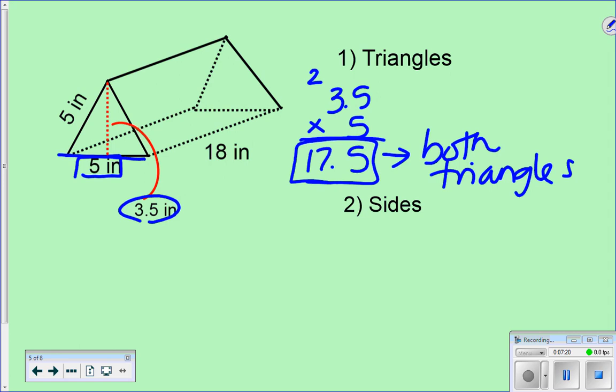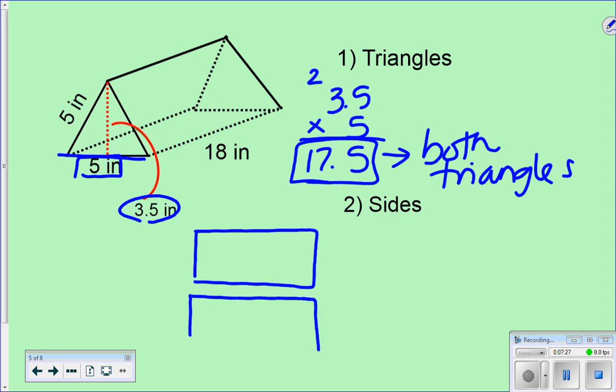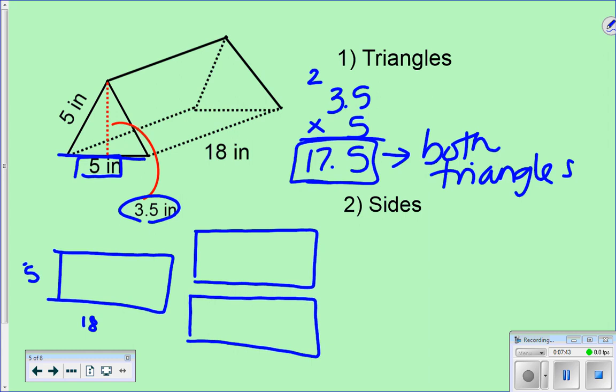So now let's look at the sides of this thing. You told me they were rectangles, so I have 3 rectangles. This is for the visual people. All 3 rectangles are the same. What dimensions do I need for the rectangles here? Yes, ma'am. 18 and 5, because what do I know about my long sides? 18, and what do I know about this side? If this is 5 and this says it's 5, then I'm going to assume that it's 5 too. So everything is going to be 18 by 5, 18 by 5, 18 by 5,